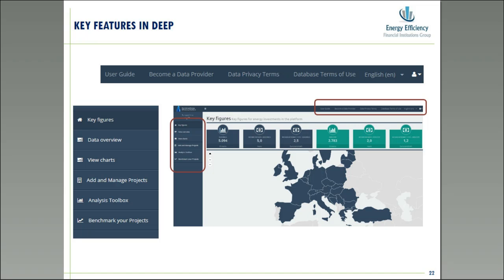The first page you will enter is called Key Figures. It has two navigation panels. On the top, there is a navigation panel that gives you access to a PDF user guide. I think it's now around 15, 18 pages, and it's growing as we improve the functionality. It also explains why you should become a data provider, and it provides you with two sets of terms and conditions. The data privacy terms, which explain to you,